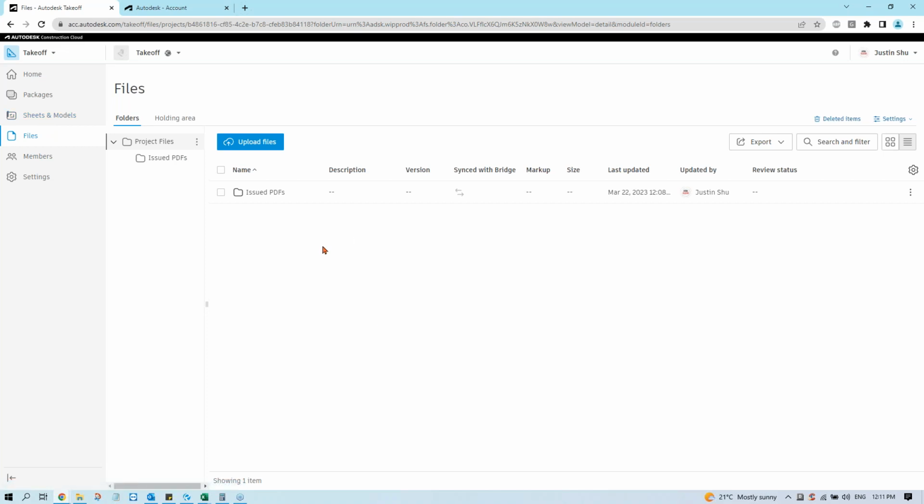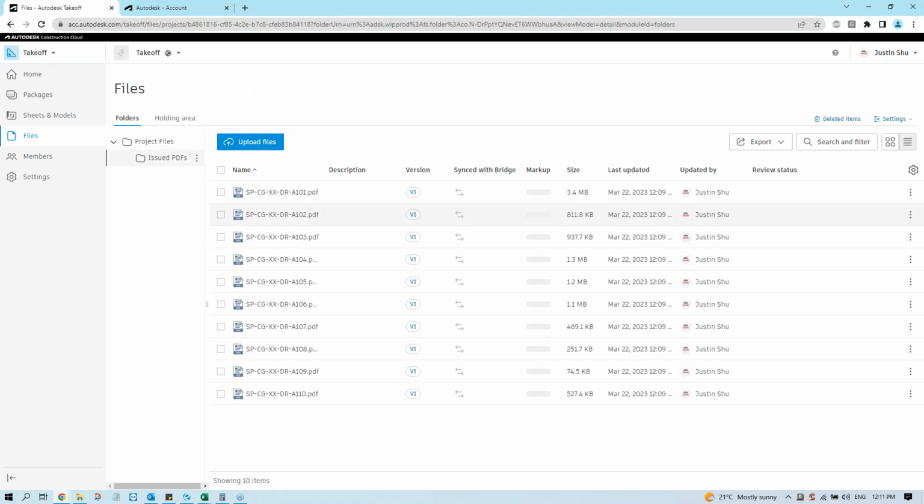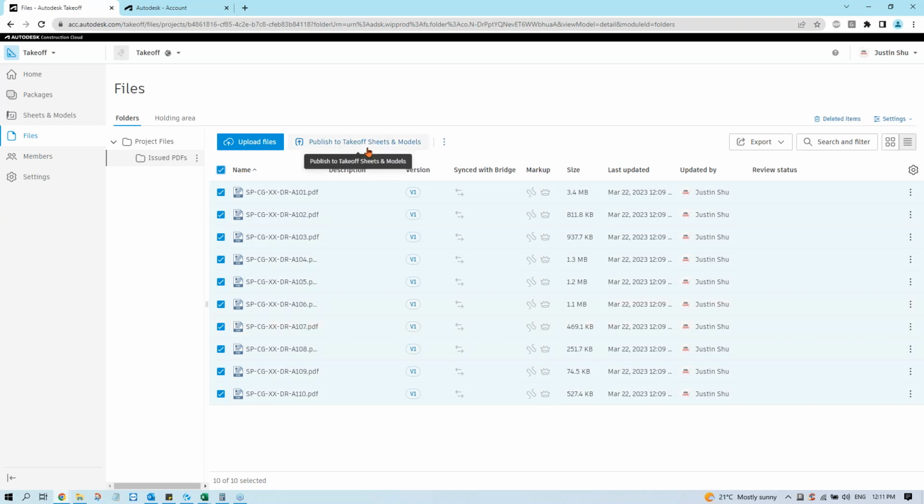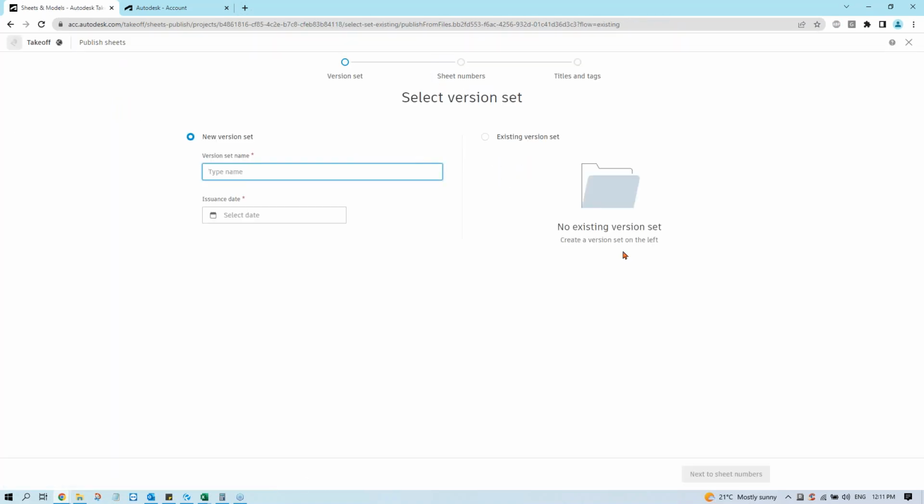All right, so now when we go on to the files, you see here it's showing us the entire folder system back in Docs again. Then we just need to go into Issued PDFs, select all of them, and there is a button here called Publish to Takeoff Sheets and Models. Once we click on that, it asks what the name will be and what the date is. So let me just go